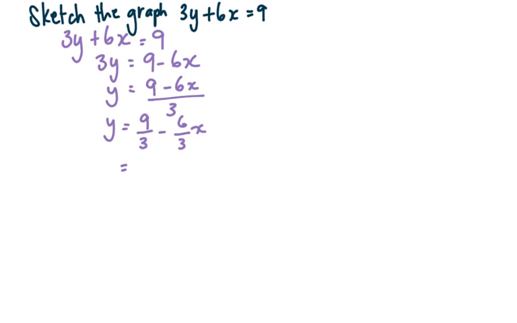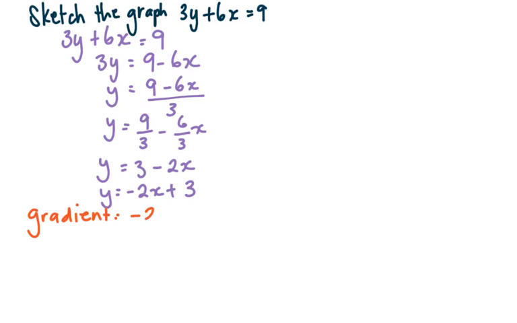So 9 divided by 3 is 3, 6 divided by 3 is 2, and again I want it in the form of y equals mx plus c, so it's minus 2x plus 3. So from this equation I can see that the gradient is minus 2, and I'm going to write it in the form of rise over run, because that will help me draw my graph a little bit more accurately. And lastly,